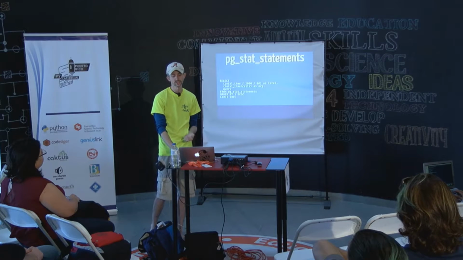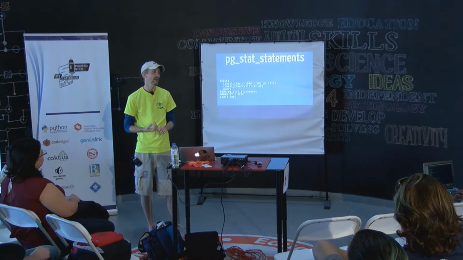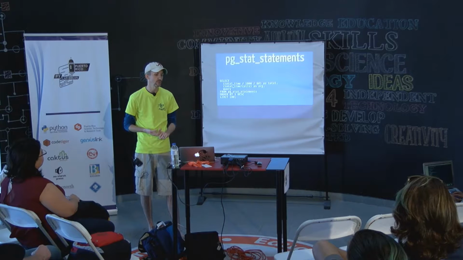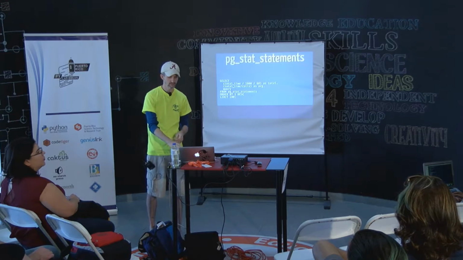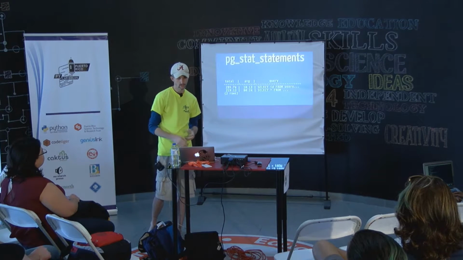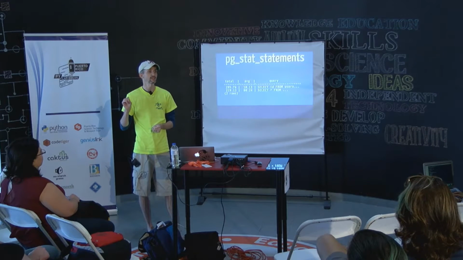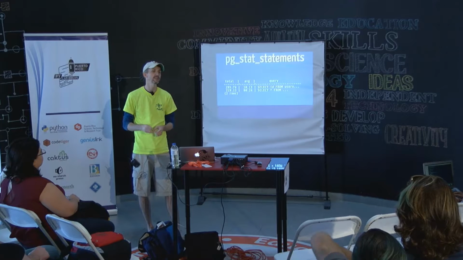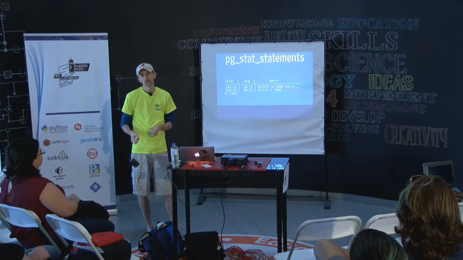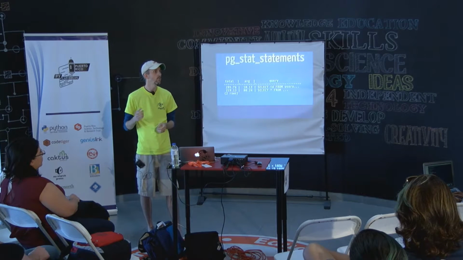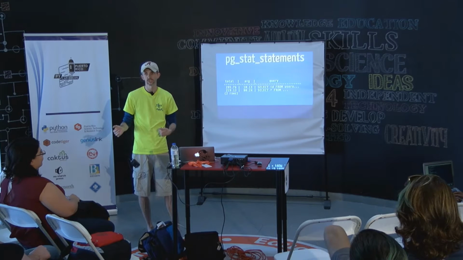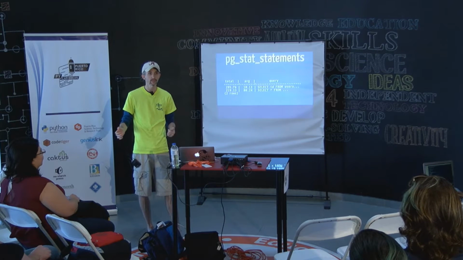From this, we can run a pretty similar query to how we looked at our cache hit ratio and our index hit ratio. This is going to give us this result, which is going to say this query has taken this total amount of time on my database, and this is the average amount of time for it. If you run one row lookup constantly, that'll be the most expensive query in aggregate, but it may be OK